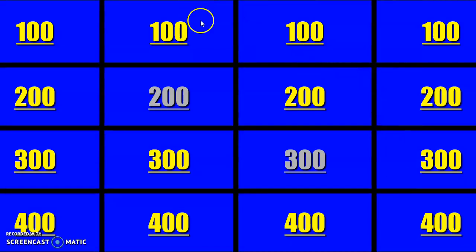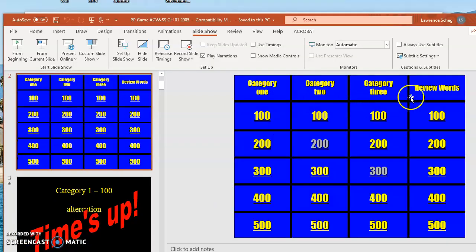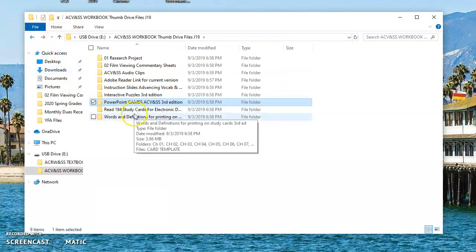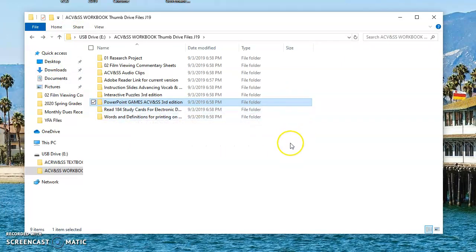And so you have that to play. It's kind of a fun game. And when you're done with that, you have to hit the escape button or it'll just stay there. So make sure you do that. And so there's a lot you can do to learn the vocabulary words. And the vocabulary words in this